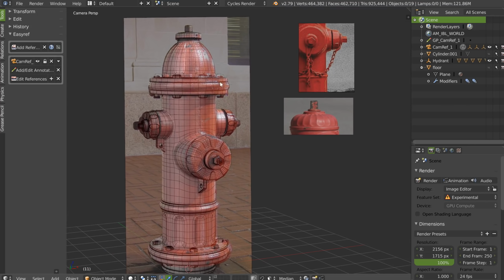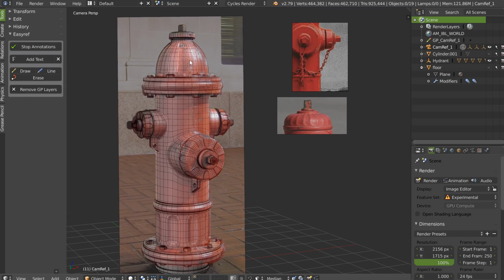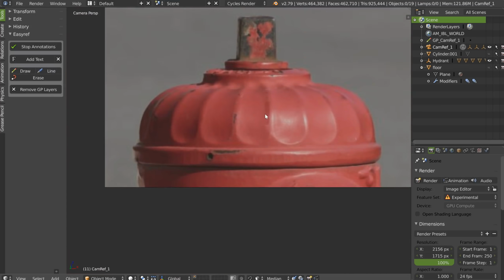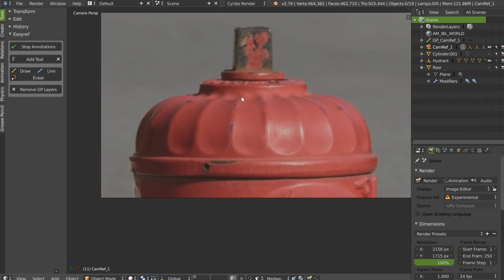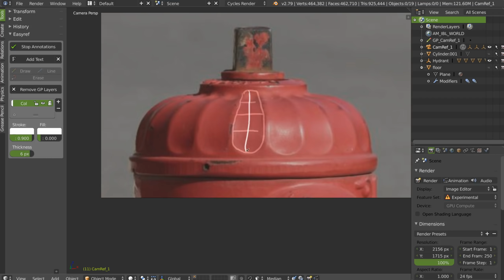So you can, if you want, add some annotation. If you, for example, are working on some part and you have some difficulties, you can make annotation here. I will draw some lines, for example, like this. You can change the color. I will make it white, I will make it bigger, and you can start working on the wire to check what will be okay for you before making any